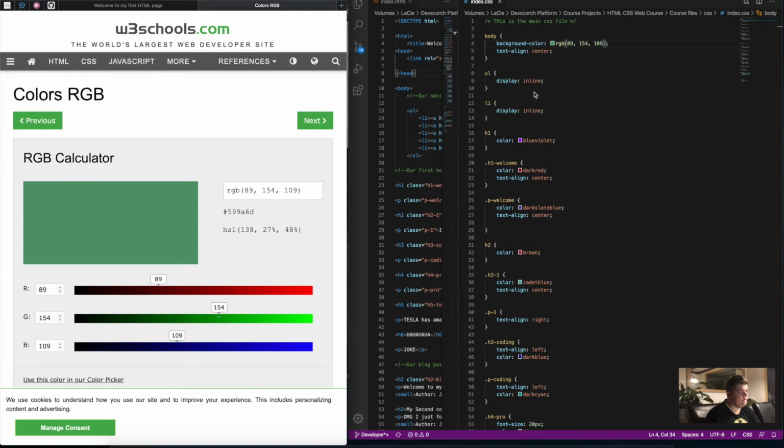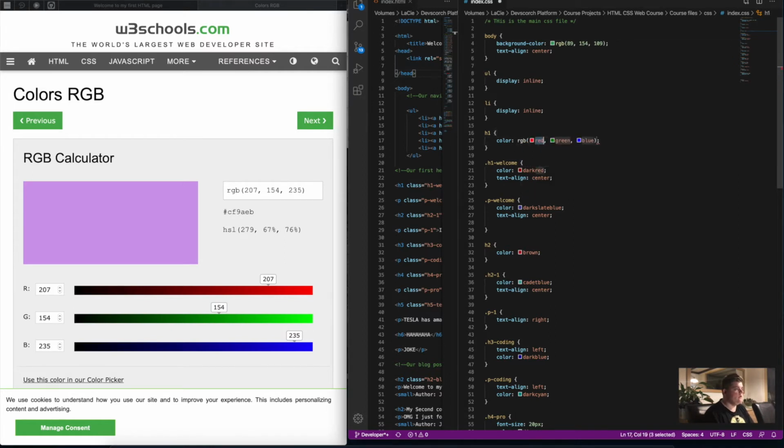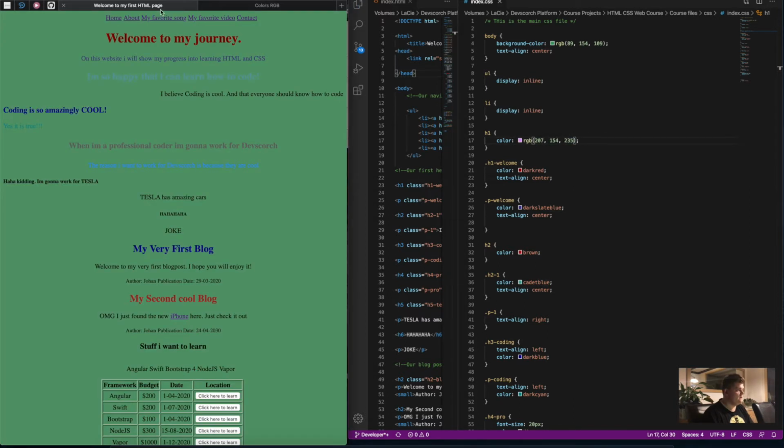So let's change some other colors. We have here the number one, blue violet. Oh, it's really boring. So let's see if we can make another color. When you mix red and blue together, you get a little bit of purplish. That looks a little bit like blue violet. So I'm gonna delete the blue violet, and we're gonna call RGB. And for red, we're going to call 207, 154, and 235. I'm going to save this, go back to the website, and I think that is this one,